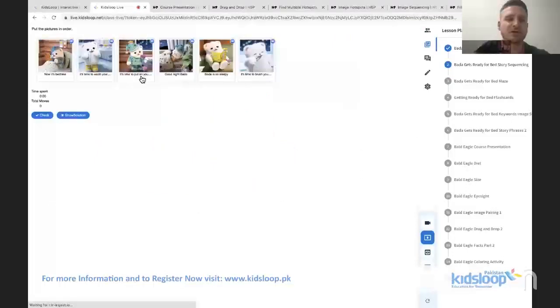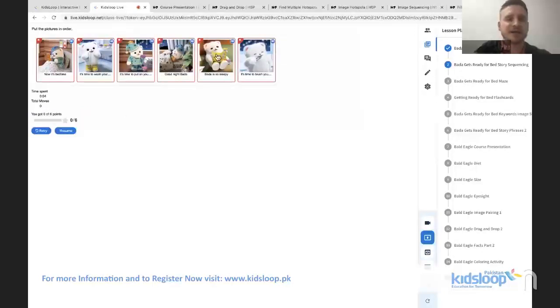Actually, let me start on the sequencing activity. So of course, for types of activities like we have here, there is a check function that I'm able to click. Of course, I didn't move any of these items yet, so I got 0 out of 6 correct. So this is data that we collect, how many answers a student got correct or incorrect. But this is largely trivial. This is data that's very simple to collect, and very important, but it's pretty easy to collect